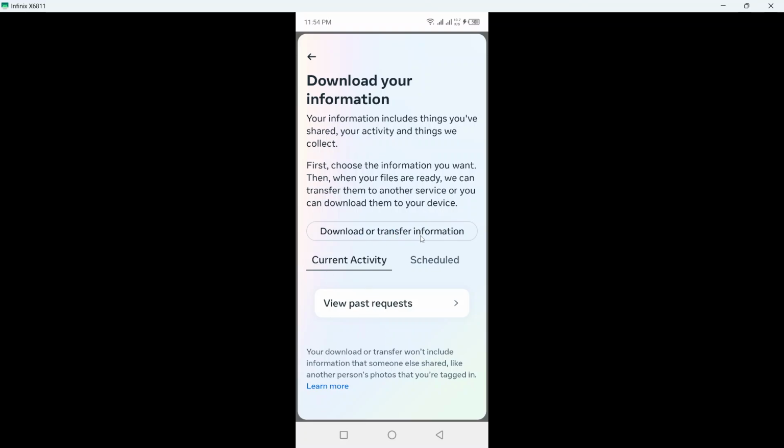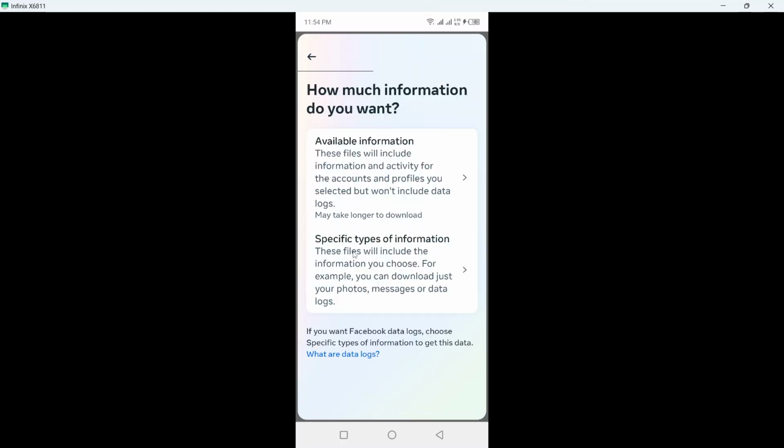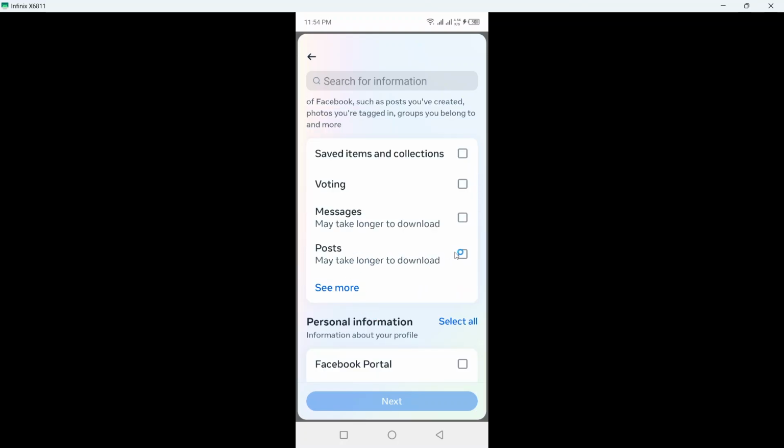and here you can see download or transfer information. Click here, select your account, click on next, available information or your specific type of information. So let's suppose I want a specific type of information, so posts. Okay,